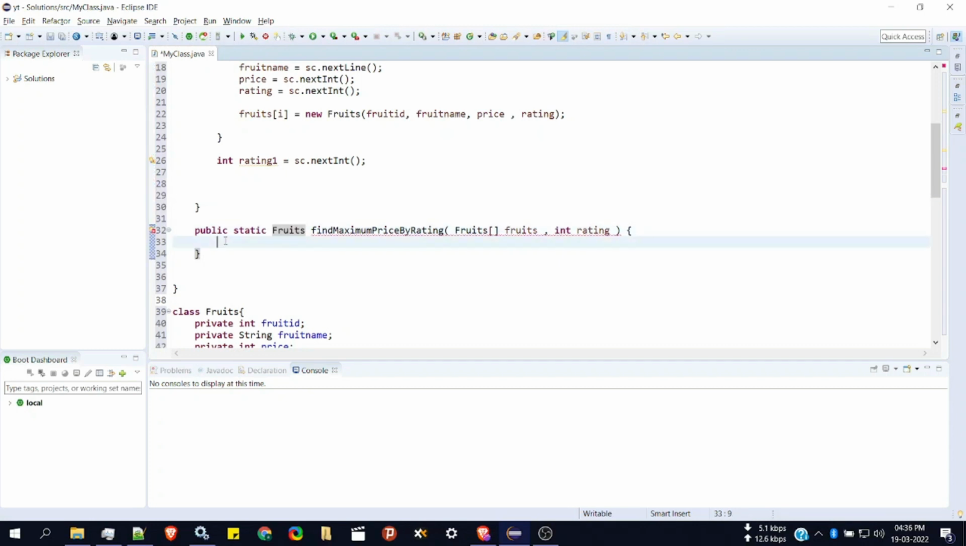fruits. The logic which we are going to follow here is, first we will declare the maximum price as 0, that is the highest price as 0. Then we will first check for the rating, that is if only the rating is greater than the given rating which we are receiving from here, and if only the rating is greater than this rating, then we'll check for its price. And then finally we will return the object which has the highest price and the rating greater than